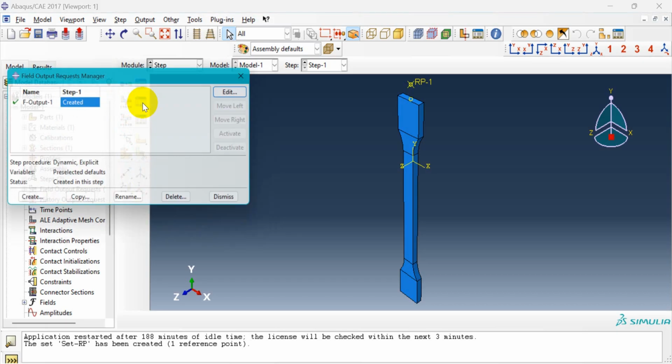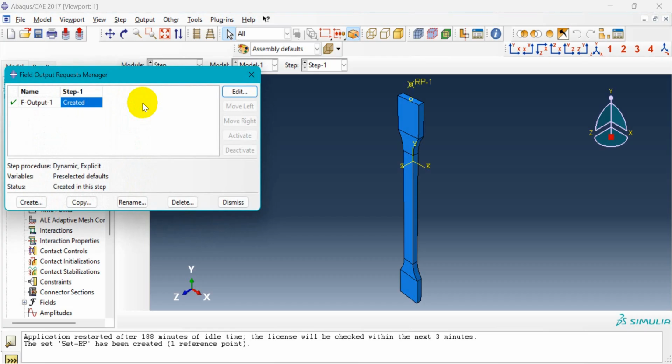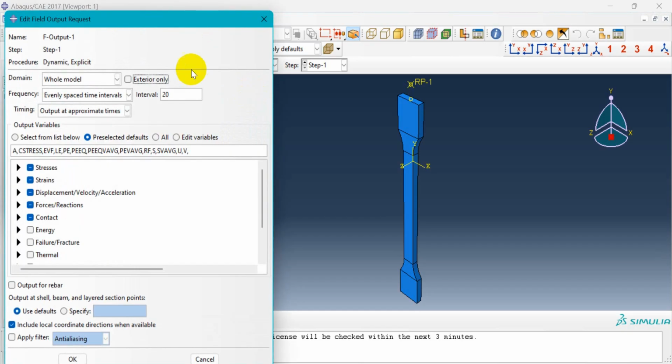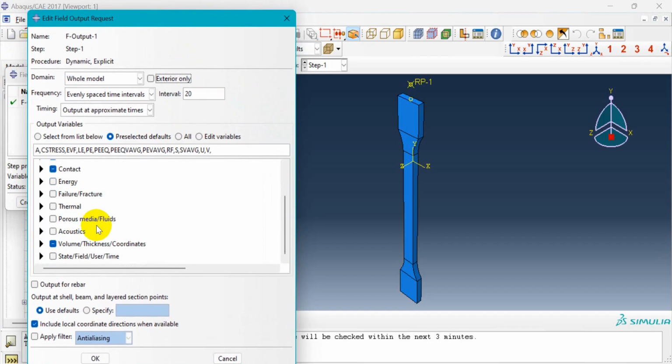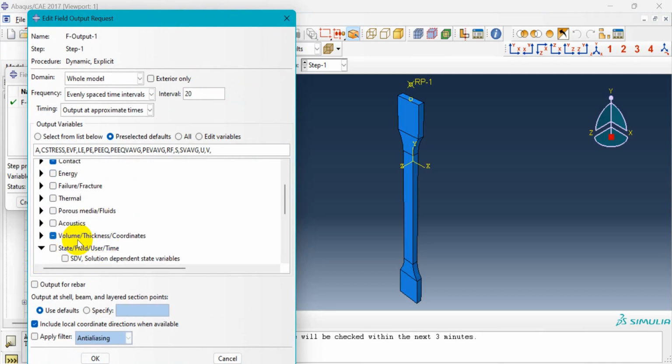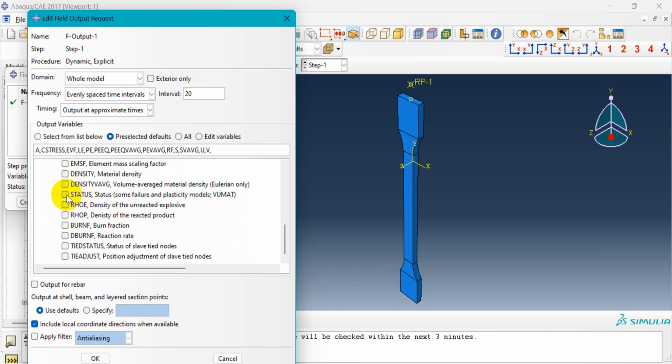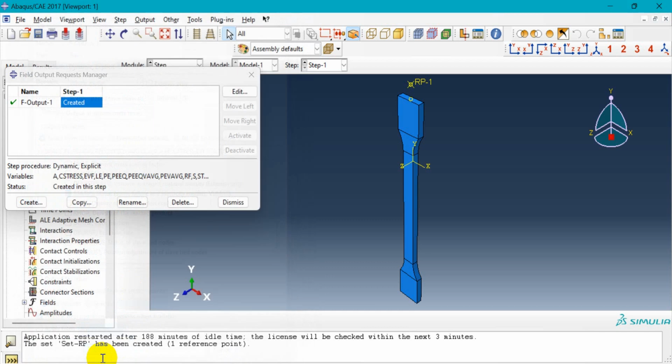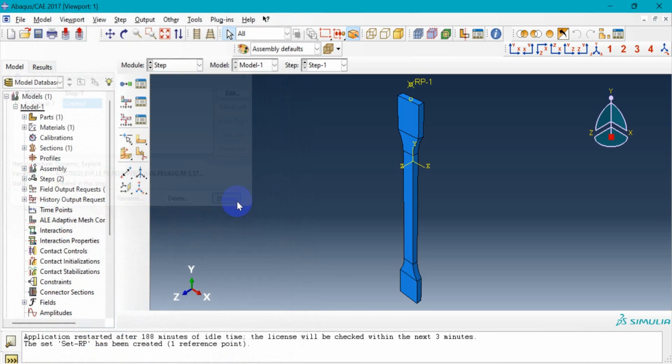Dismiss. You go to field output request manager now. Then edit. Here you go to state, field user time. Then click status and OK. Dismiss. Now the step module is done. Next